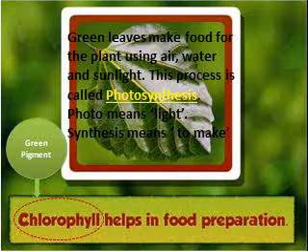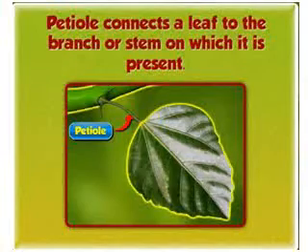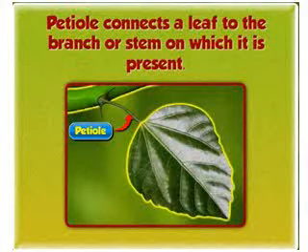Okay, let's proceed now and learn about the different parts of a leaf. Okay, starting with the connection of a leaf with the stem. The part of a leaf that connects it to the branch, that part, as you can see, I have shown it through an arrow. That part of the leaf that connects it to the branch or the stem is known as petiole. I repeat it, children, that part of the leaf which connects it to the branch or the stem is known as a petiole. You can check it out in the picture. It is given through the arrow.